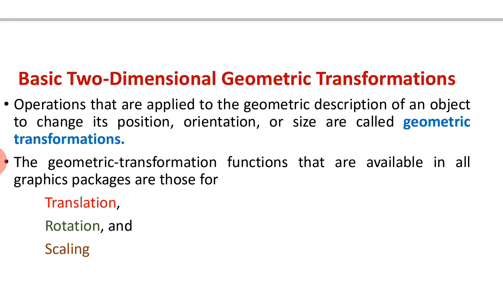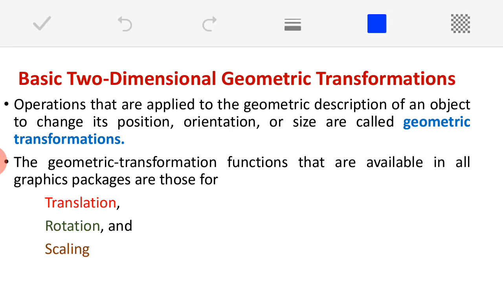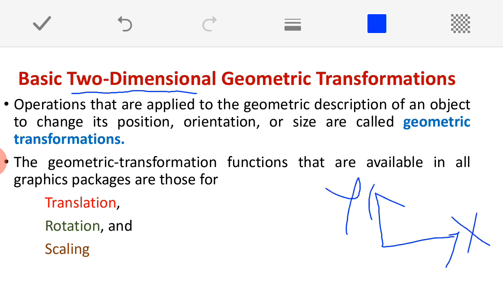In two-dimensional geometric transformation, the very important aspect is that first we will discuss our concept with respect to 2D. Two-dimensional means, as all of you know, that it consists of only the xy plane. This is the xy plane that you can observe over here. This is 2D, and the same concept we can extend to 3D also, that is three-dimensional. At that time, I can go with another coordinate representation, that is the z value.